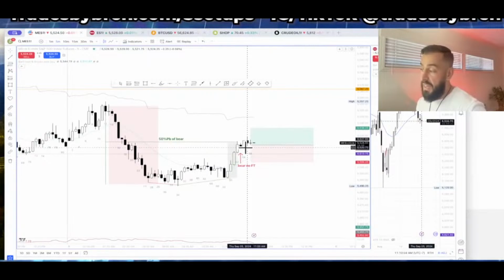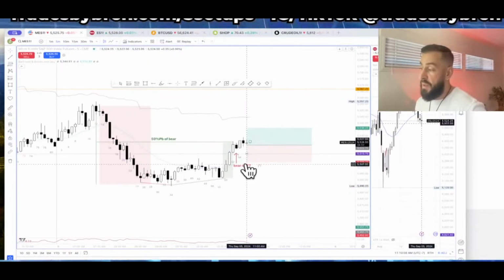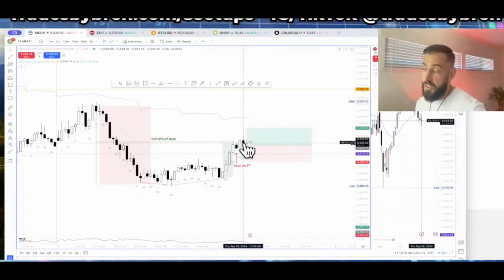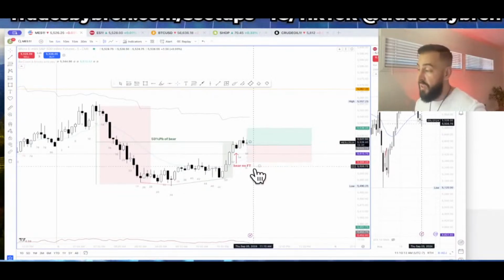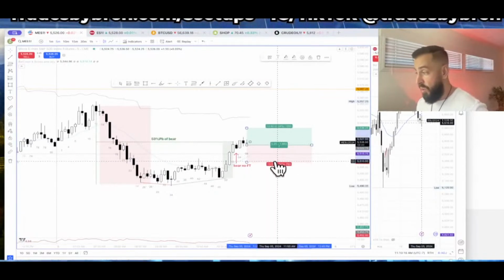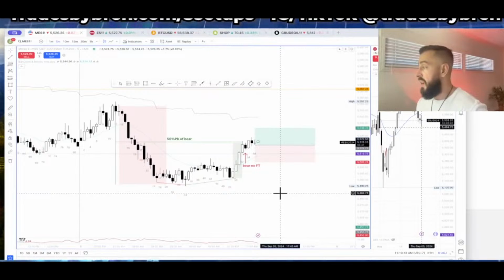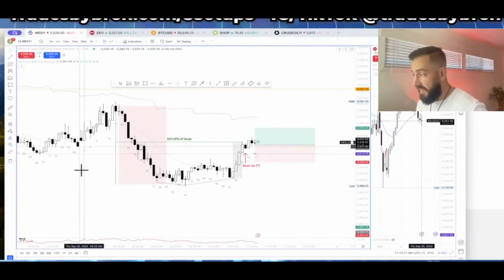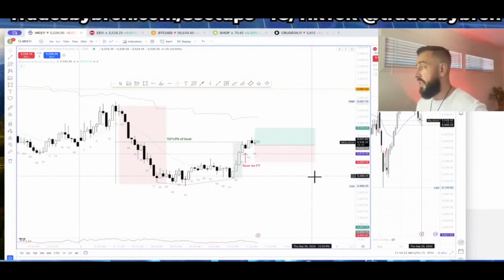Now, next thing, the bulls came right back. Okay, so that shows the bulls in control. And then what happened on this candle? Another little tiny bear close. Okay, so this is bullish as far as I'm concerned. That's why I have my bull tool out. However, this overall looks like a trading range to me.